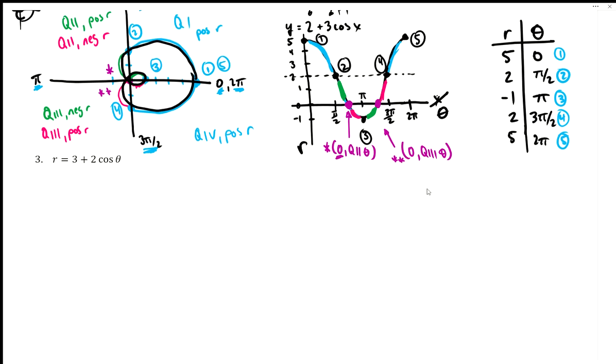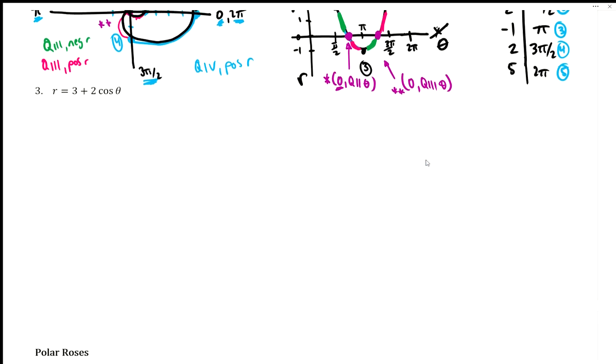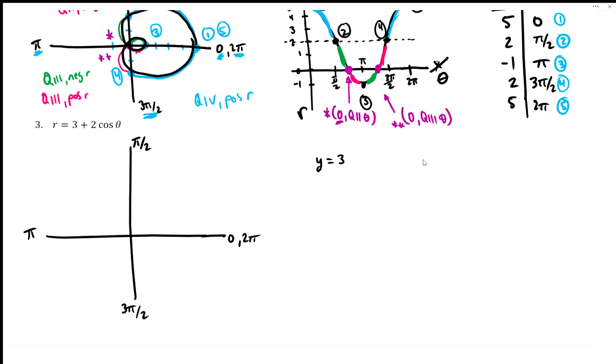All right, now on this scenario of problems, I have been doing a full graph each time. Let's do it again. So I'm going to set up a blank polar axis where I just have my major axes angles labeled. There we are. And then I like to see a converted equation where really just the y is r and the x is theta. Now that 3 is telling me I should go up 3,